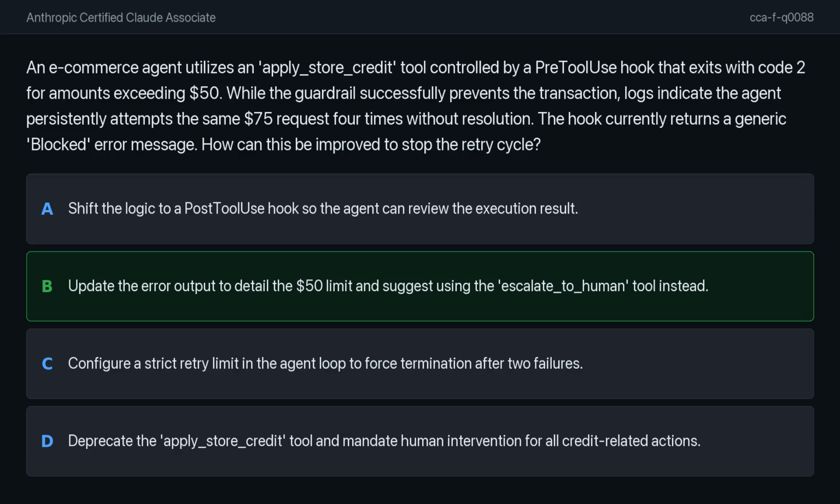In my view, the correct answer is option B. By providing a descriptive error message that explains the $50 limit and suggests the escalate to human tool, the agent gains the necessary context to understand why its previous attempts were rejected. With this information, the agent can alter its plan and choose a different course of action instead of repeatedly failing